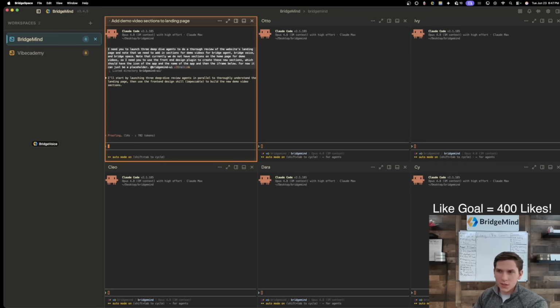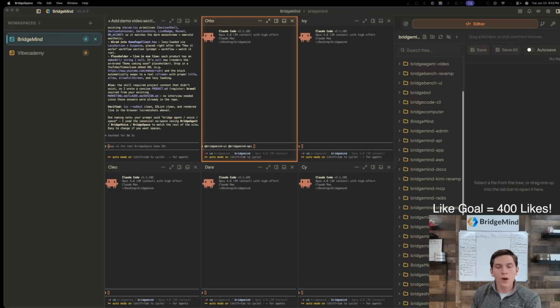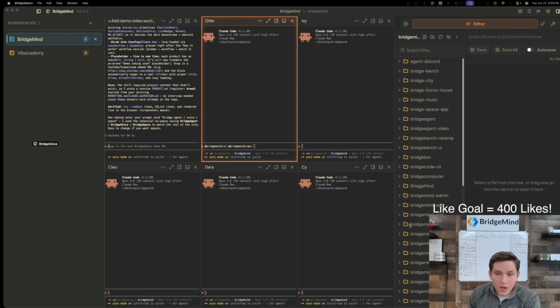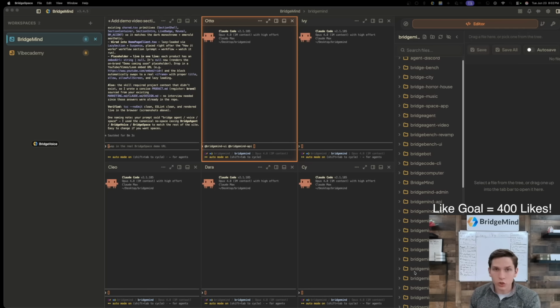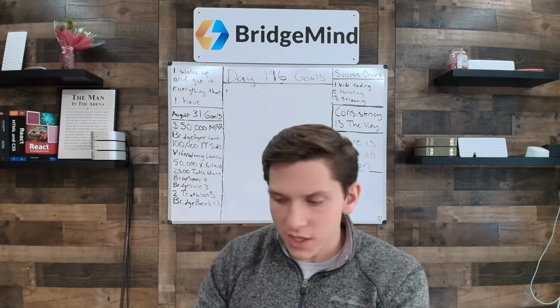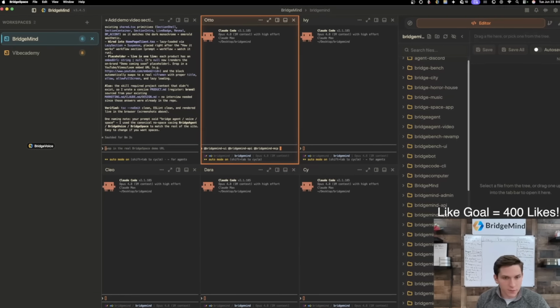And there's a couple things I want to draw your attention to that I did when I prompted that, okay? One important thing is how I'm organizing my workspace. So if you look over here, you can see that in this BridgeMind directory, there are a ton of different projects. There's BridgeMind API, there's the BridgeMind app, there's the BridgeMind MCP, there's the BridgeMind UI, and I do this for a purpose. I do this because it makes it very easy for me to then go to that particular directory on my machine, and then I'll just do an @BridgeMind UI, an @BridgeMind API, an @BridgeMind MCP, and then